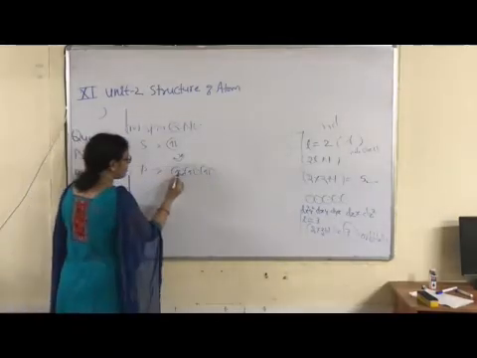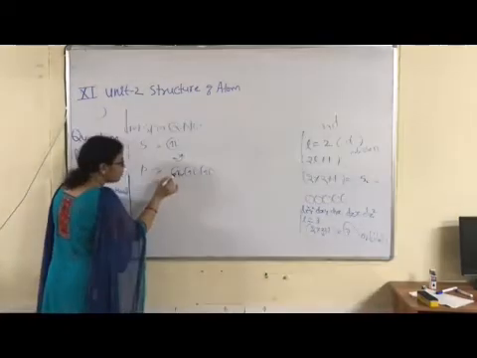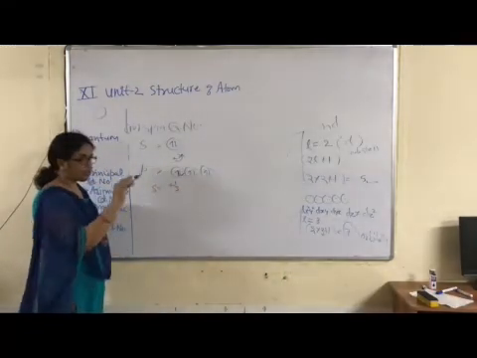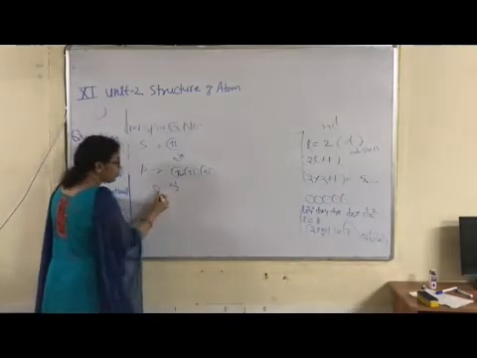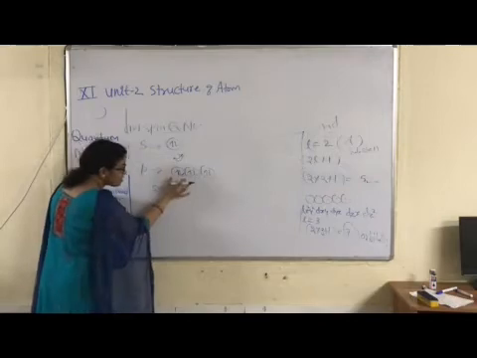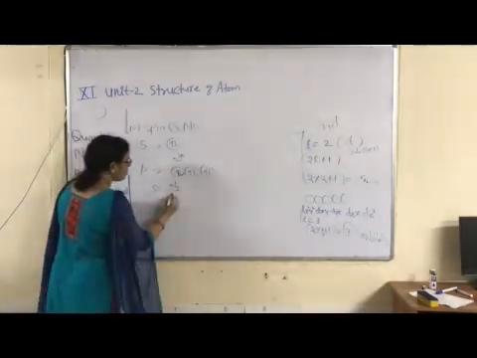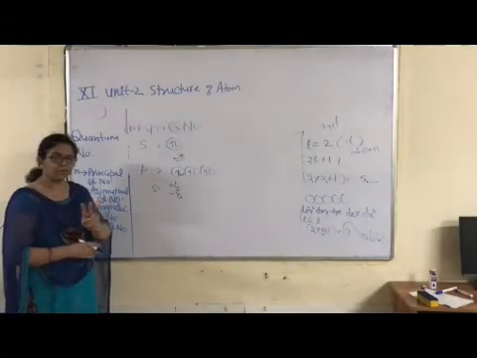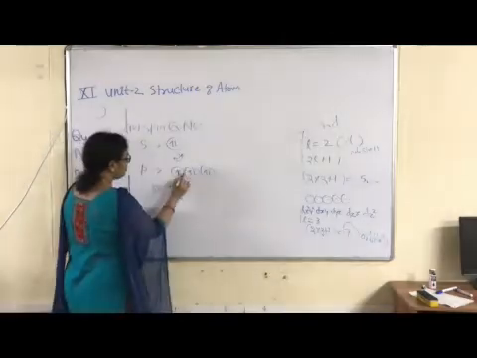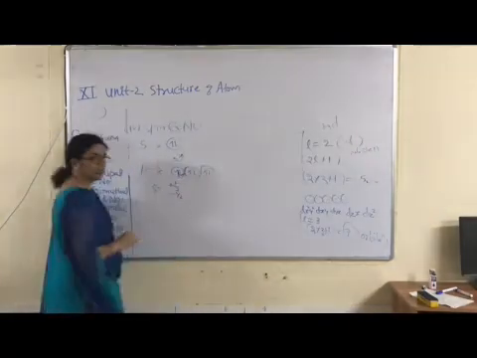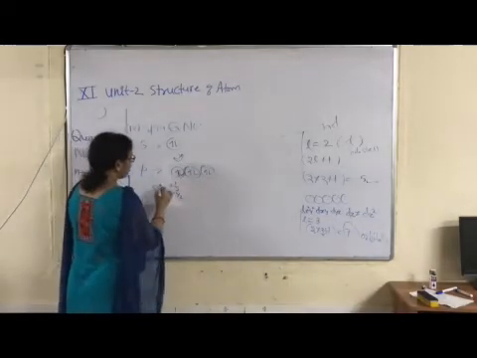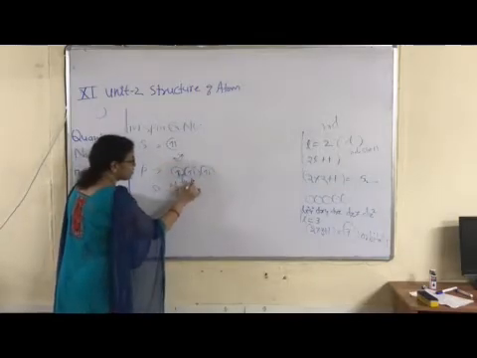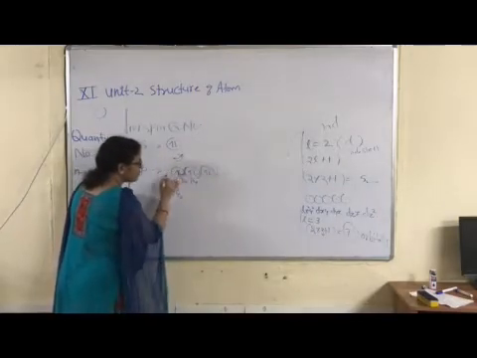Okay children? So what is the first value of the spin quantum number of the first electron? S is equal to plus half. Half means rotation in one direction, and the spin quantum number for the second electron within the same orbital is equal to minus half. Right? Total 2 values are possible, not more than 2, because a single orbital can accommodate a maximum of 2 electrons. Okay children? Now the spin quantum number for electrons which are present in the second p orbital of the same subshell.